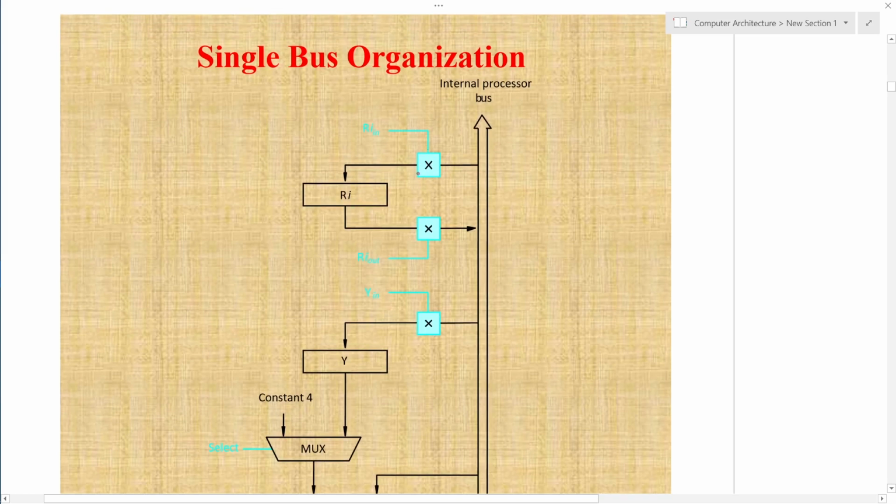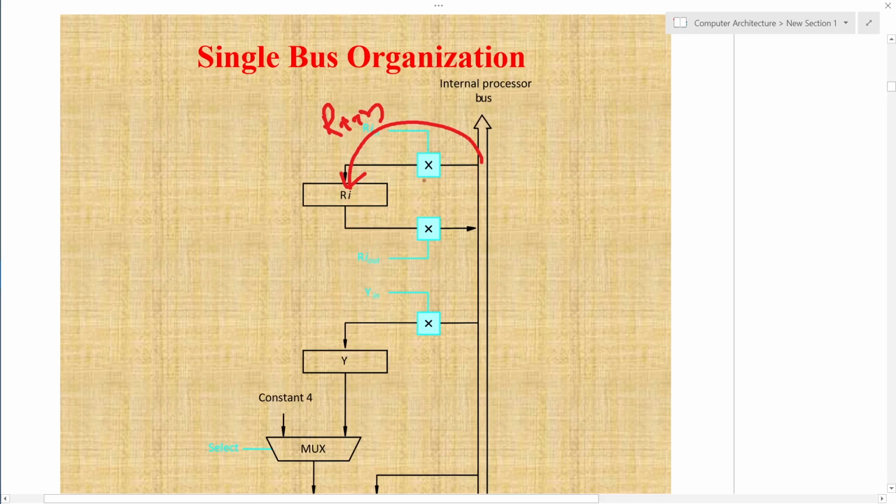So when the control signal is in, if you look at the image, when this R0 in signal, or this Ri in signal, is activated, that means whatever content is there in the bus can be written back to the register. In the same way, if the information is there in the register and I want to deliver that to the bus, then I have to select the output port of this register as one, or I have to say Ri out.